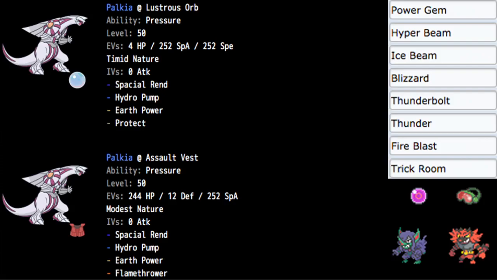So once again, Pressure, but you can make it Pressure or Telepathy depending on the team. And then as far as the EV spread goes, you have 244 into HP, 12 defense, and then 252 into special attack. So I just wanted to max the special attack with 252, and then Modest because it hit